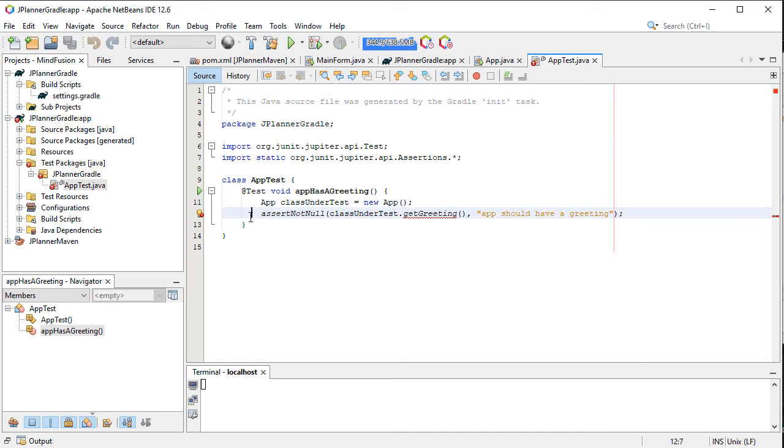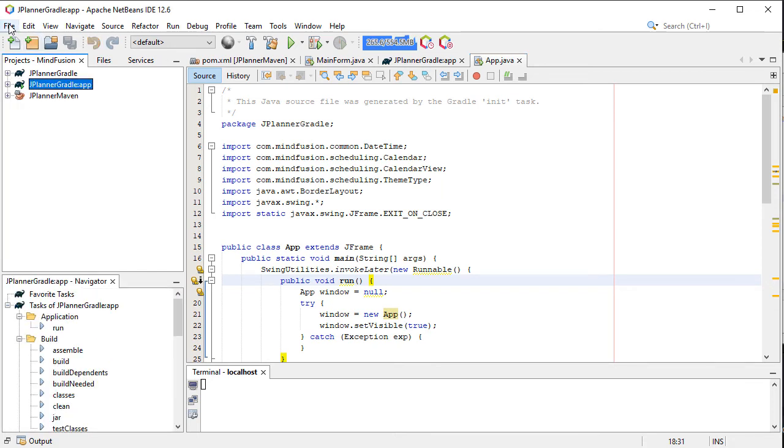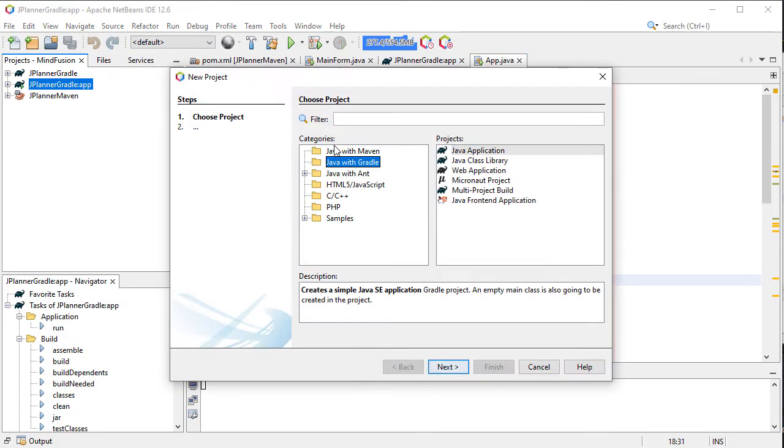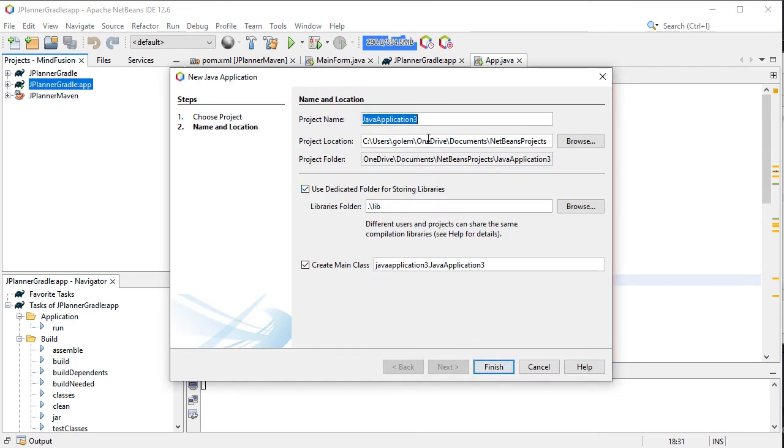Let's clear this annoying test error. And now we are ready to add the last type of project, Ant project. We create a new Ant project.